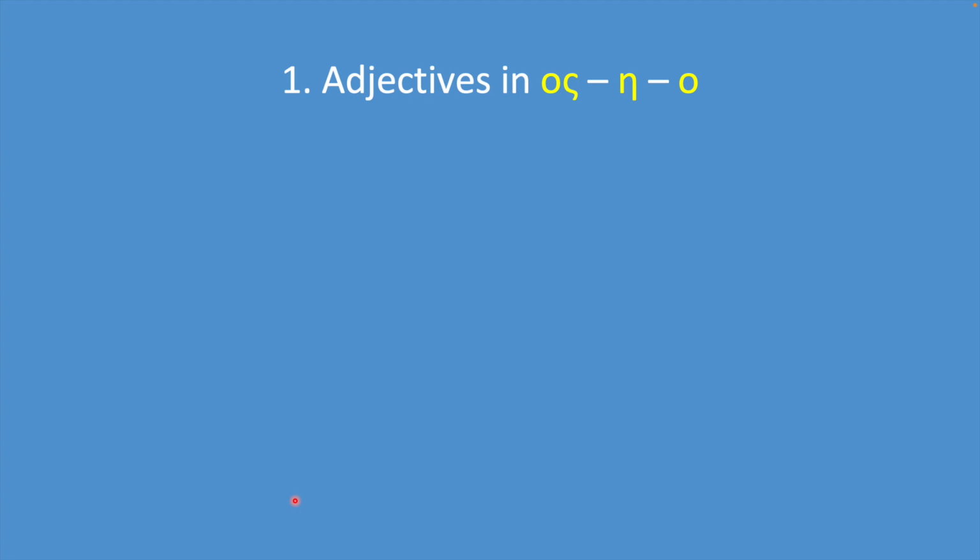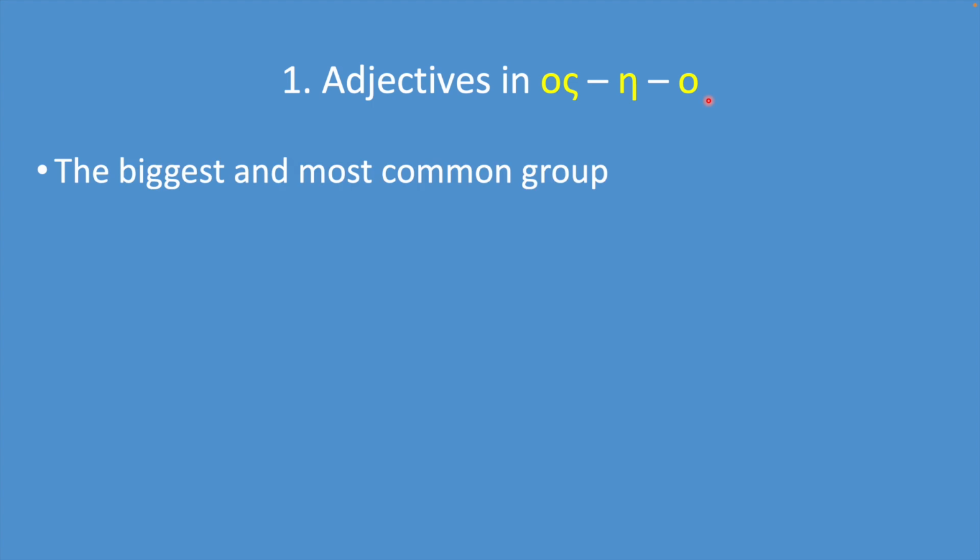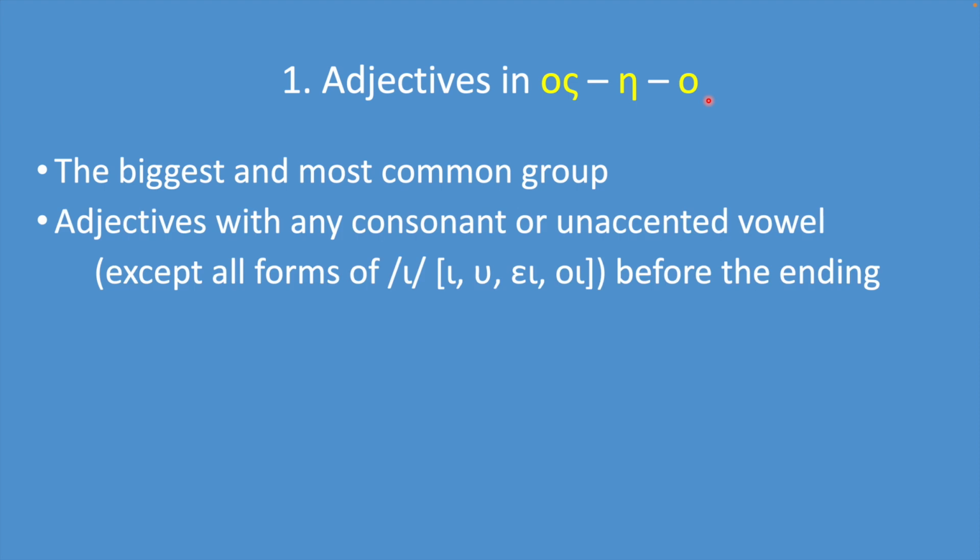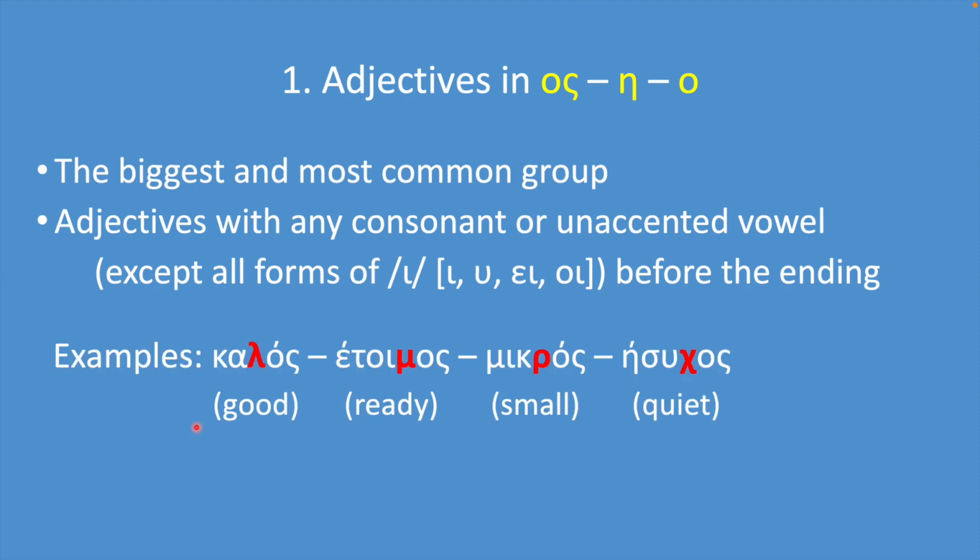Adjectives are grouped together by their endings. Number 1. Adjectives in os, i, o. It's the biggest and most common group. It includes adjectives with any consonant or unaccented vowel except all forms of i: iota, ypsilon, epsilon iota, omicron iota, before the ending. For example,